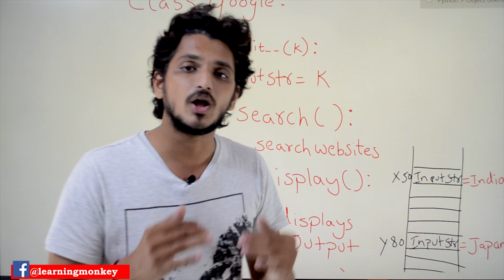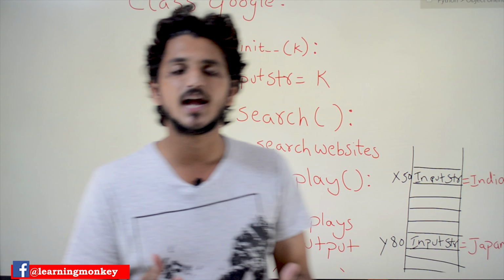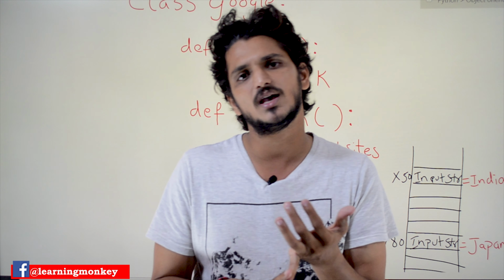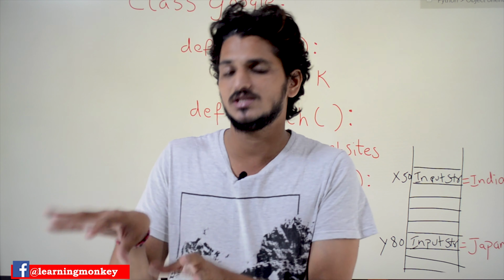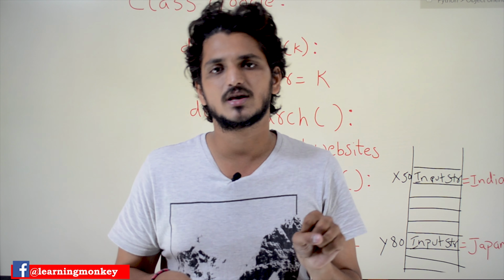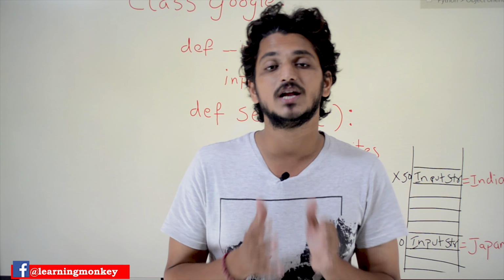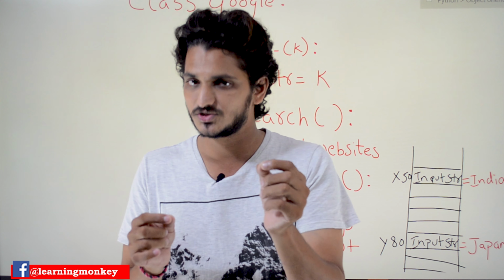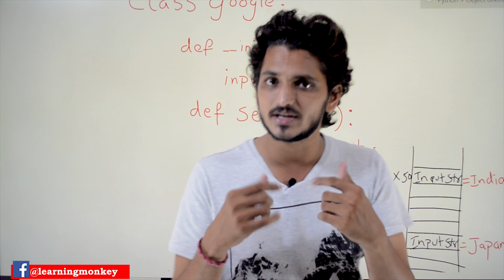Up to now we did not concentrate on the syntax part. We understood what instance variables are, what an object is, and what happens when we define an object: a space is assigned. All these concepts were covered. Now we will take another example. With this next example we will discuss syntactically and clearly how to define a class, what is self, and what is a constructor.